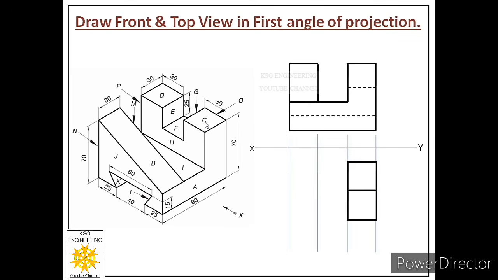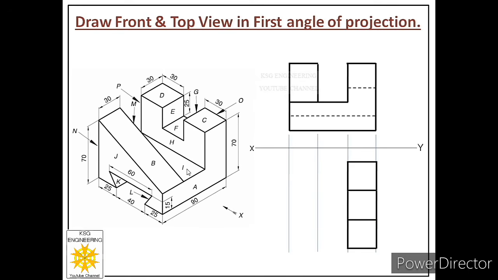Now let us start with the drawing of face C. Let us first pick any one point of face C and locate it with respect to the previous face. If I pick this point of face C, we will find that this point is exactly below this point, and that point of face F is over here. So from this point I can start the drawing of face C. So how much is this width? 30. So from this point draw a width of 30. Then draw this length of 30. Then after that draw this width of 30. So you can see we are ready with the drawing of face C as well.